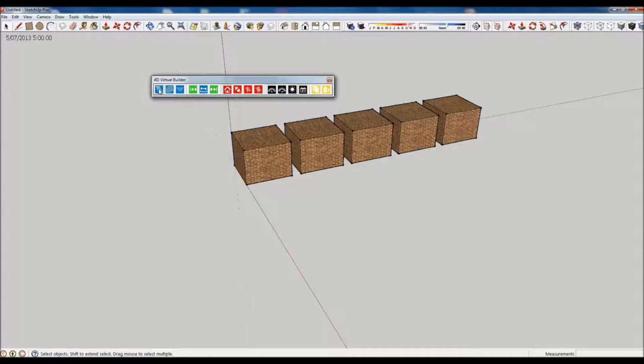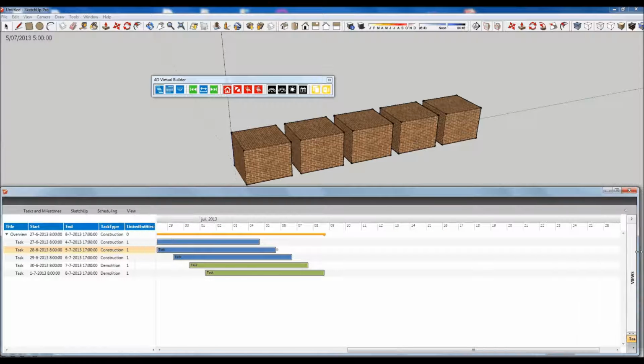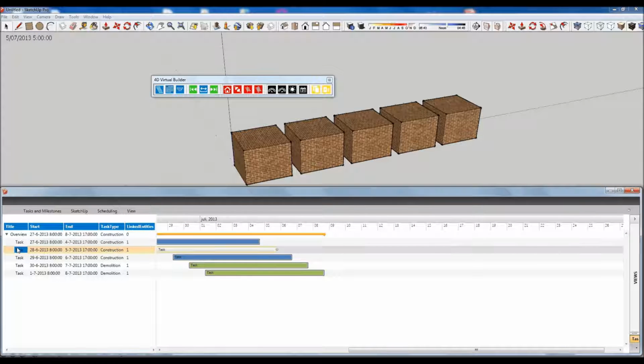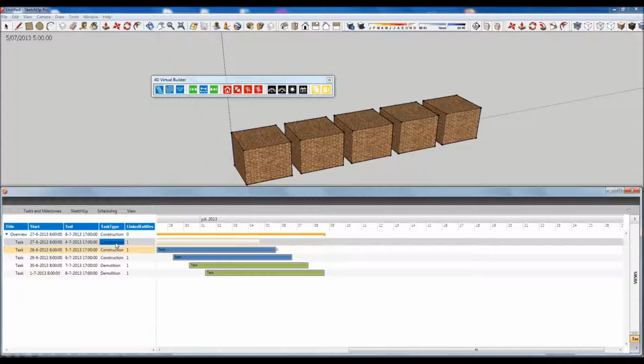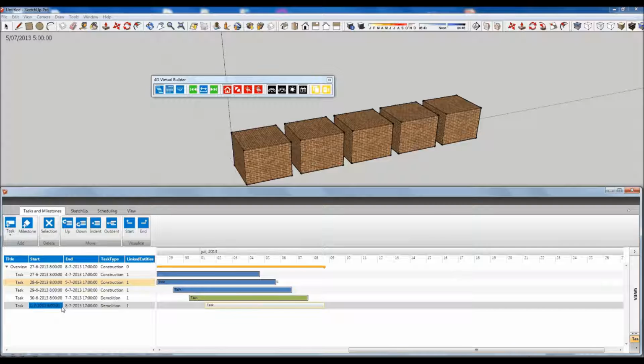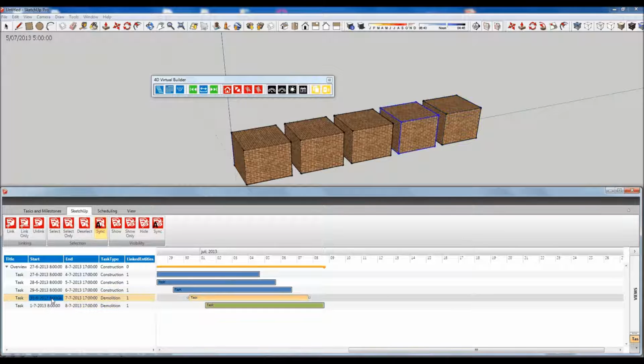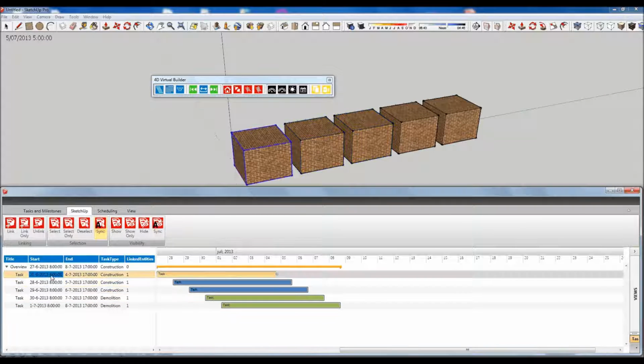Now let me quickly open up my 4D Gantt chart window, just to have a look at what we've created so far. So we have 5 blocks, all linked to one task. 3 of those tasks are construction tasks and 2 tasks are demolition tasks. Just to recapitulate which tasks are linked to which entities, I would say select only, or maybe just do a sync. So this block is a demolition task, this block also, and those 3 blocks are construction tasks. Okay, for now I can just close this window